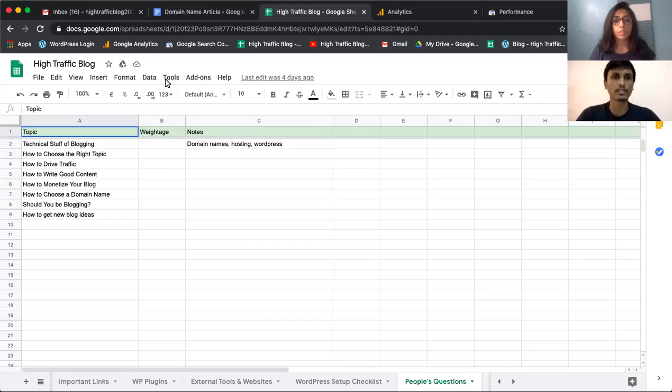And what do you think? Let's jump onto WordPress. This looks good, and let's now go to WordPress and do some customization there. Awesome.